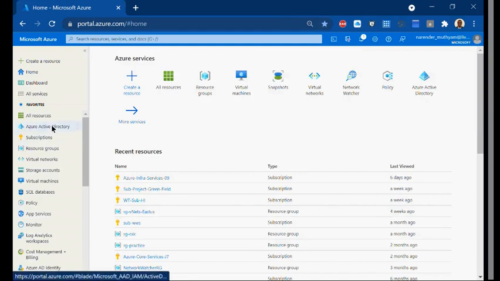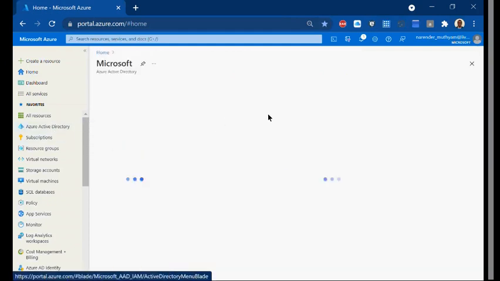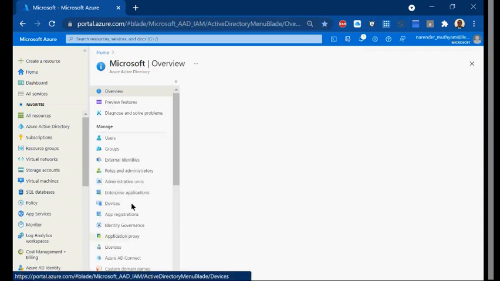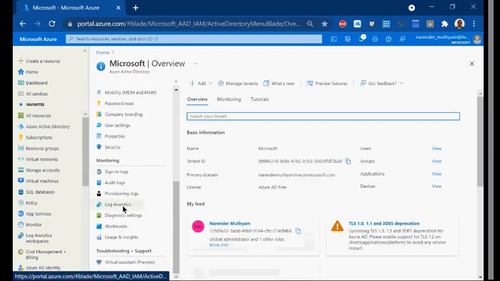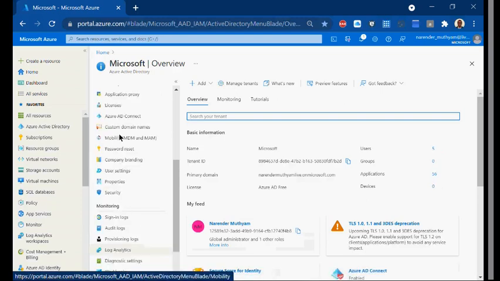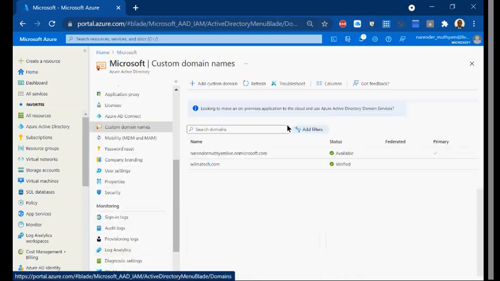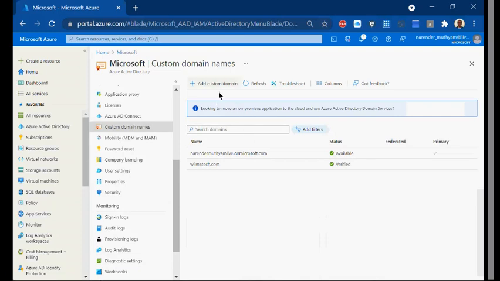So if you go here, I was talking about how to get your custom domain, by going here, and here you see custom domain, right? And here, add a custom domain means you need to purchase your domain from a registrar, and here you should add it. This topic I covered in Azure AD, and you can refer back to it. But ultimately, what I want you to understand is